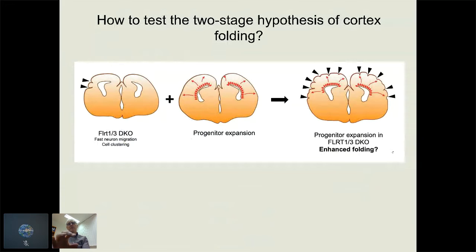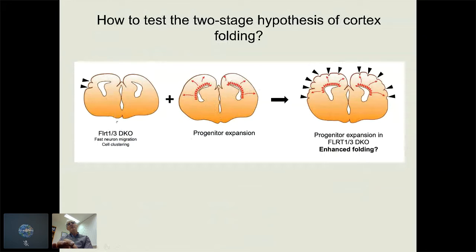And so the hope is that if we have a mouse brain that produces many more neurons, which would normally just produce a thicker cortex, but still a rather smooth cortex,